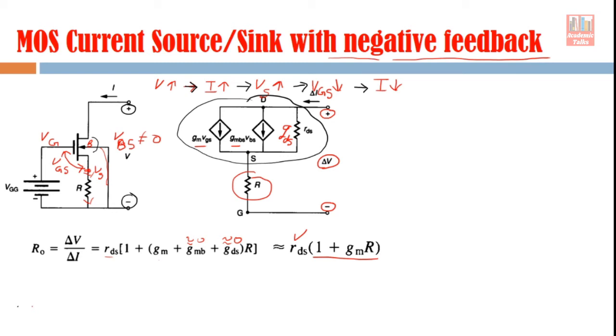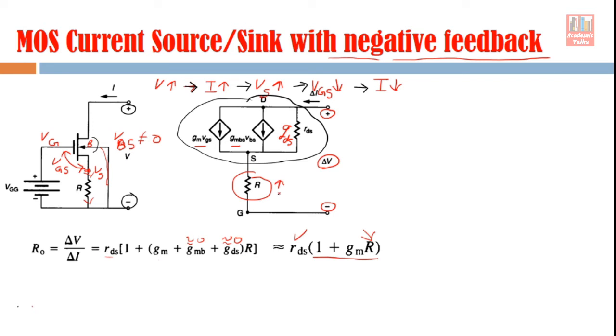Now I told you in earlier lectures that when we fabricate an integrated circuit, we try to implement resistance also using an active resistor, right? Why? Because you know what we need, this output resistance is dependent on R. If this R is high, your output resistance will increase further. And what we want is that the output resistance of the circuit should be as high as possible, and that can be achieved by increasing the value of R, right? That should be as high as possible.